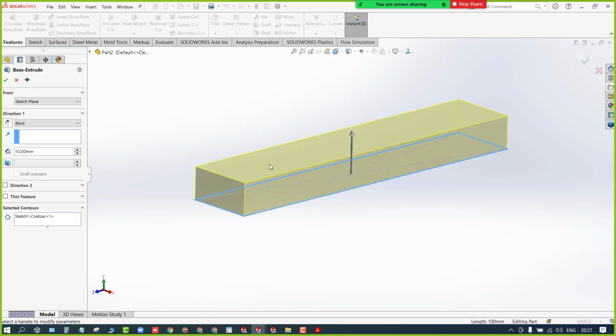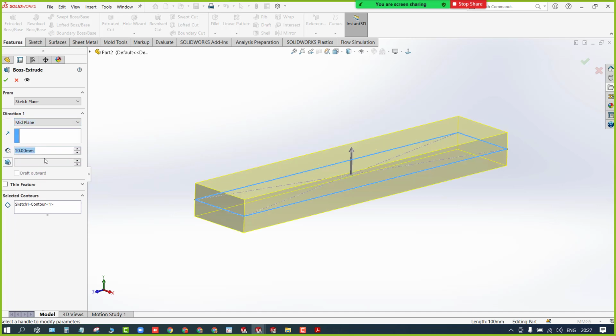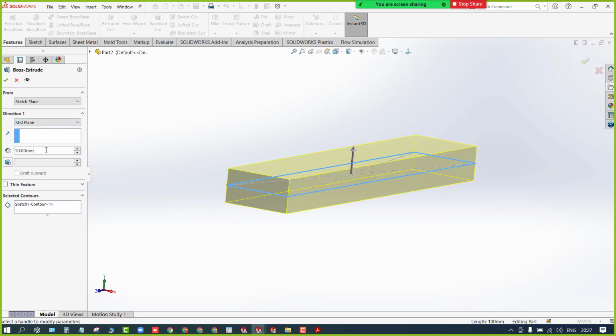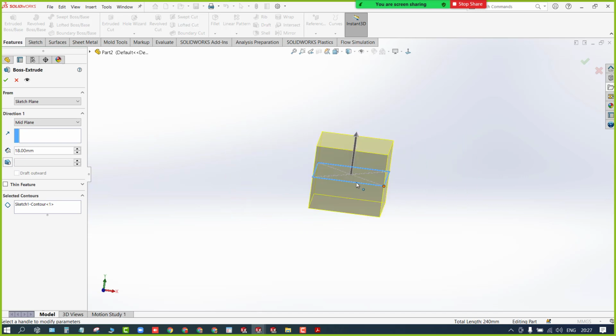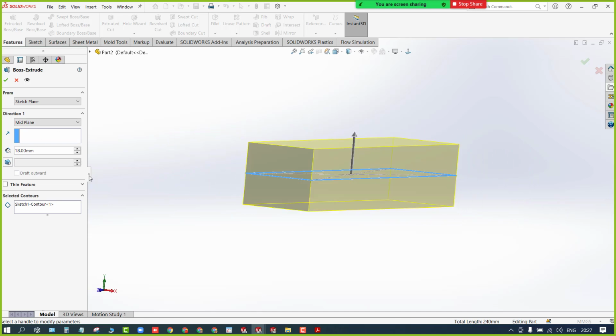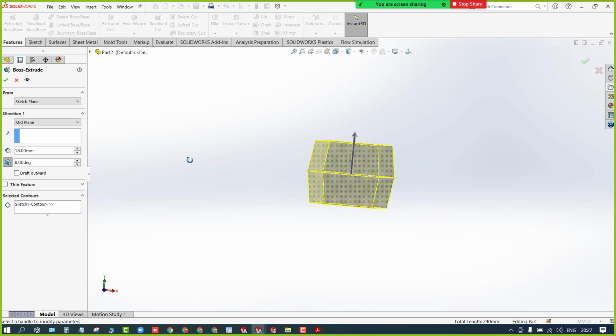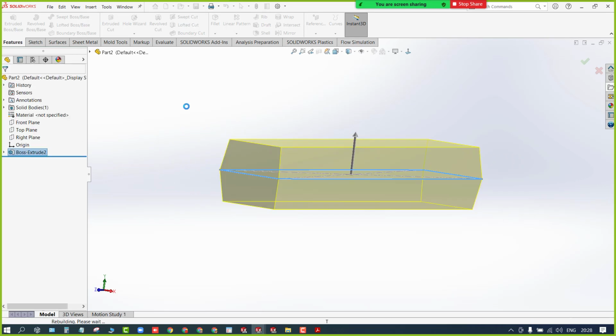This time I should extrude from the mid surface. So in this one we have the options. I need mid plane here, I'll select it. So the height I don't know exactly. Right now I'll define it as 20 for me. It is too much. I'll make it 18 now. And now it should have the draft on each and every face. We can define the draft automatically here. Use this one and define the draft angle as 8. Right? 8. You can see all the faces have the 8-degree draft. Right? In one shot you can do it.